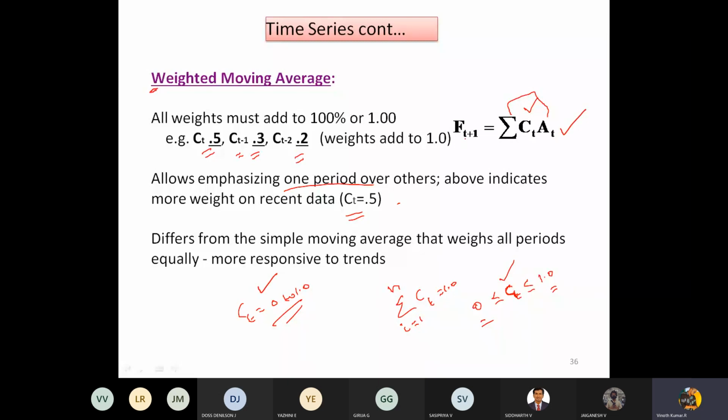So F suffix T plus 1, right? So how we are going to calculate with the help of the weighted moving average method அப்படின்னாக்கா, previous problem வச்சுதான் நம்ம write பண்ண போறோம். And C suffix, first thing you written over here, right? For example, நான் எழுதுறேன் இங்க பாருங்க, right? So C suffix T, first என்ன வரும்? A suffix T minus 1 plus C suffix T